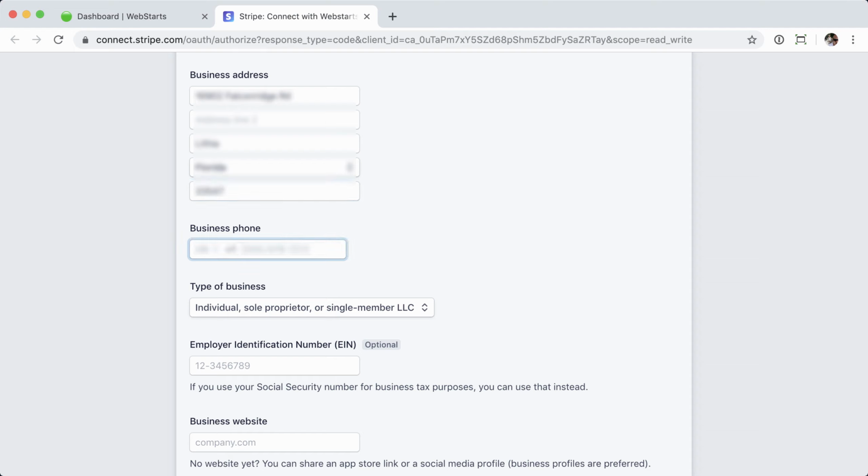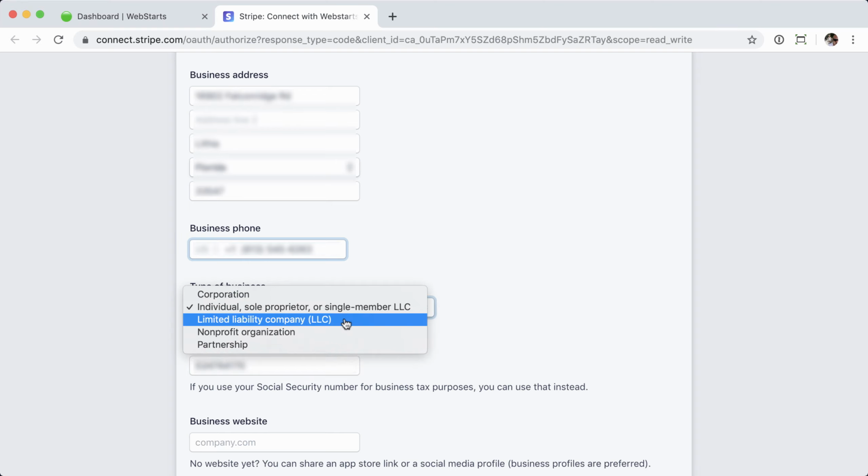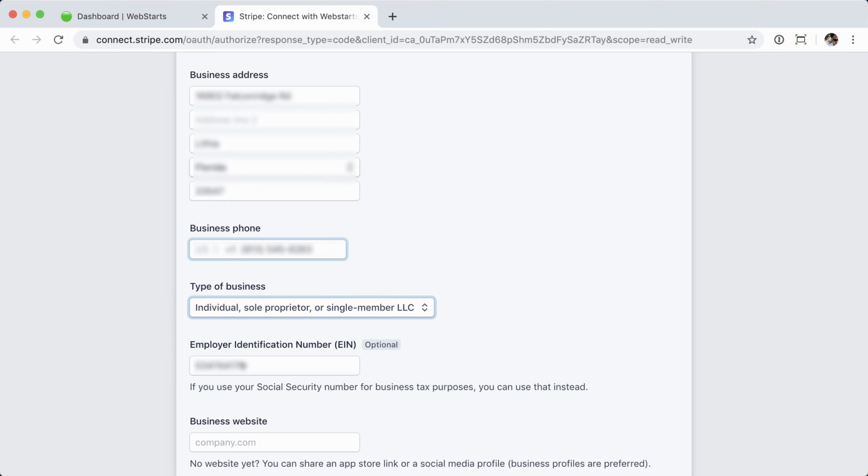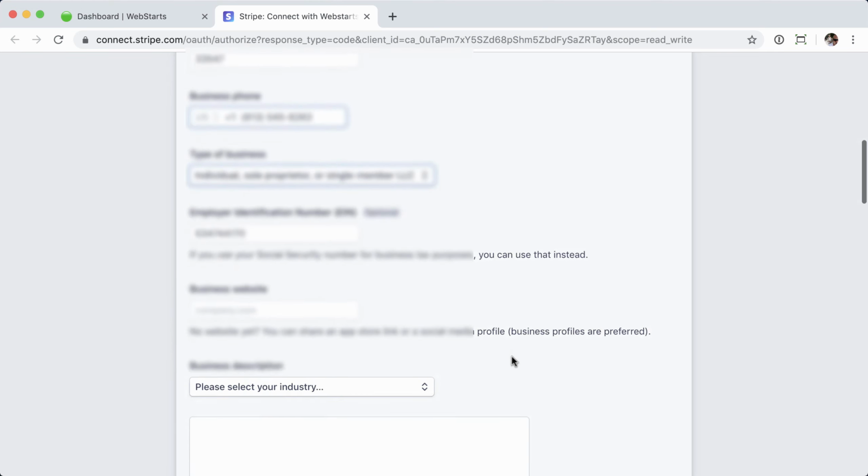And then business phone, again, my phone number. Now, type of business, again, this is just me, so I'm just going to do an individual, sole proprietor, and I'm going to use my social security number. If you were to choose LLC, nonprofit organization, whatever, you might use an EIN, so that would go here. Let's go ahead and scroll down